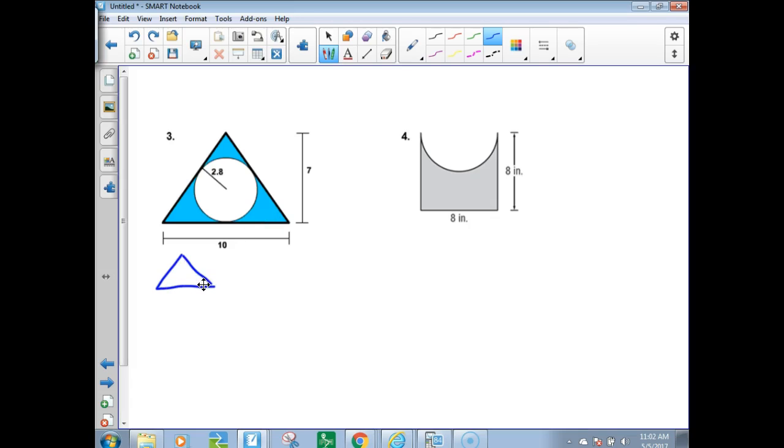So we'll find the area of the whole thing. We'll find the area of the circle, and we'll need to take the whole area of the triangle and subtract the circle. Okay, so if we did the area of the triangle, it's base times height, don't forget to divide by 2 because it's a triangle. I'm going to put in the numbers, and then I'll be subtracting from that pi r squared. Okay, so those are the formulas. I got the formula for the triangle, the formula for the circle, and now I'm going to plug in the values. Thank you, DeAndre. Base 10, height 7,